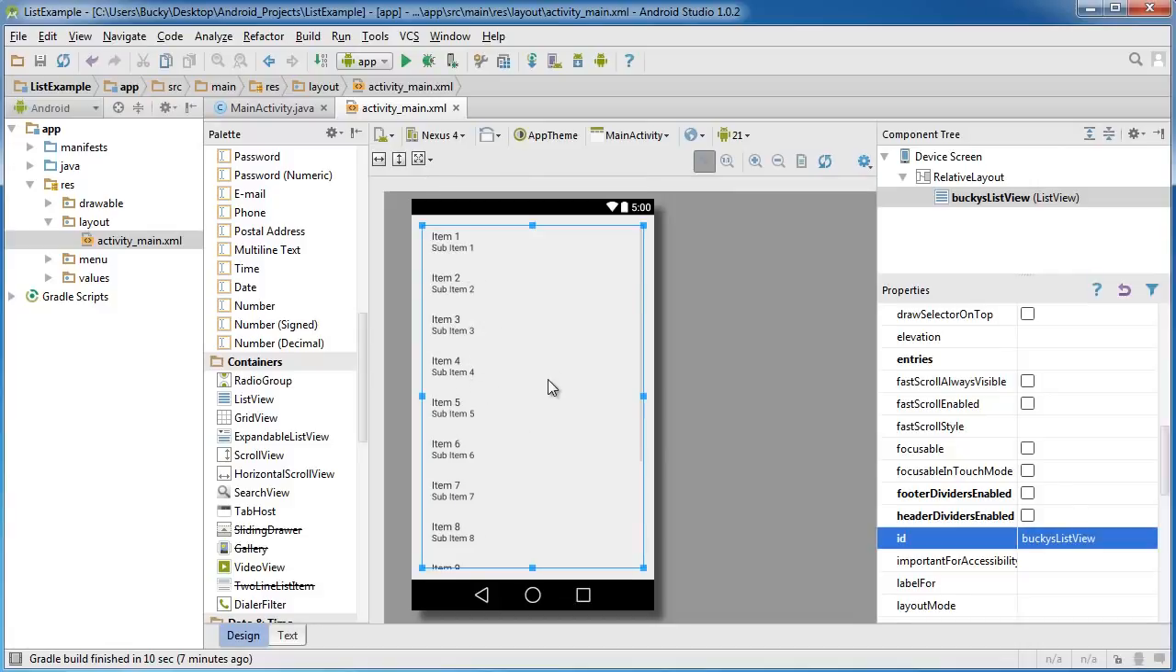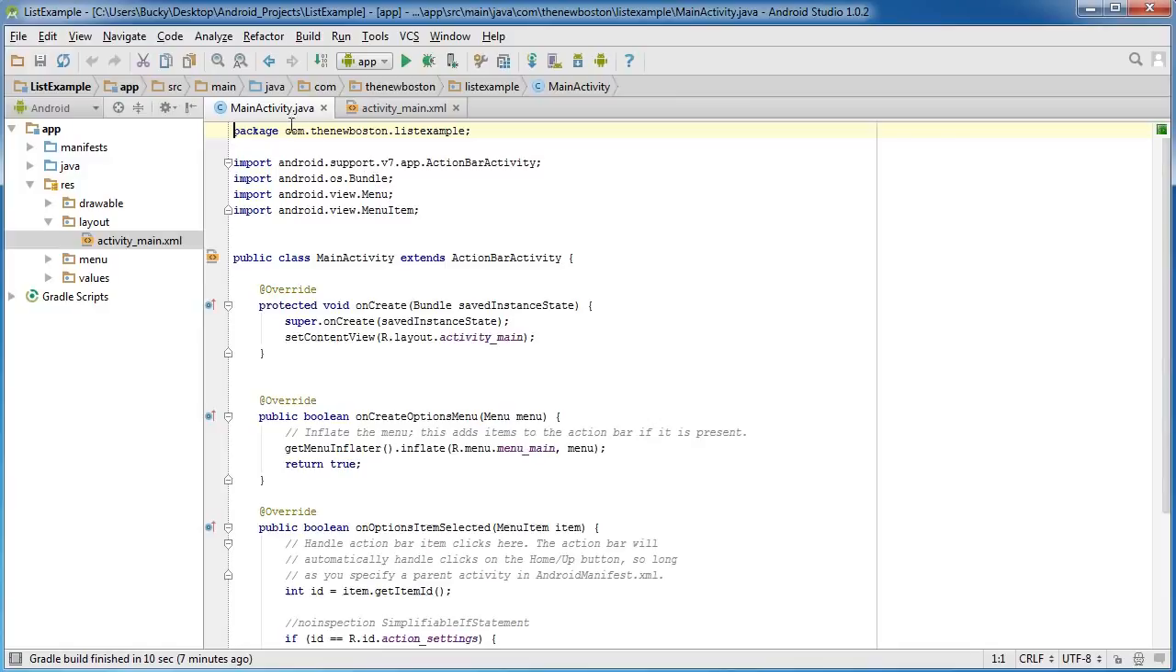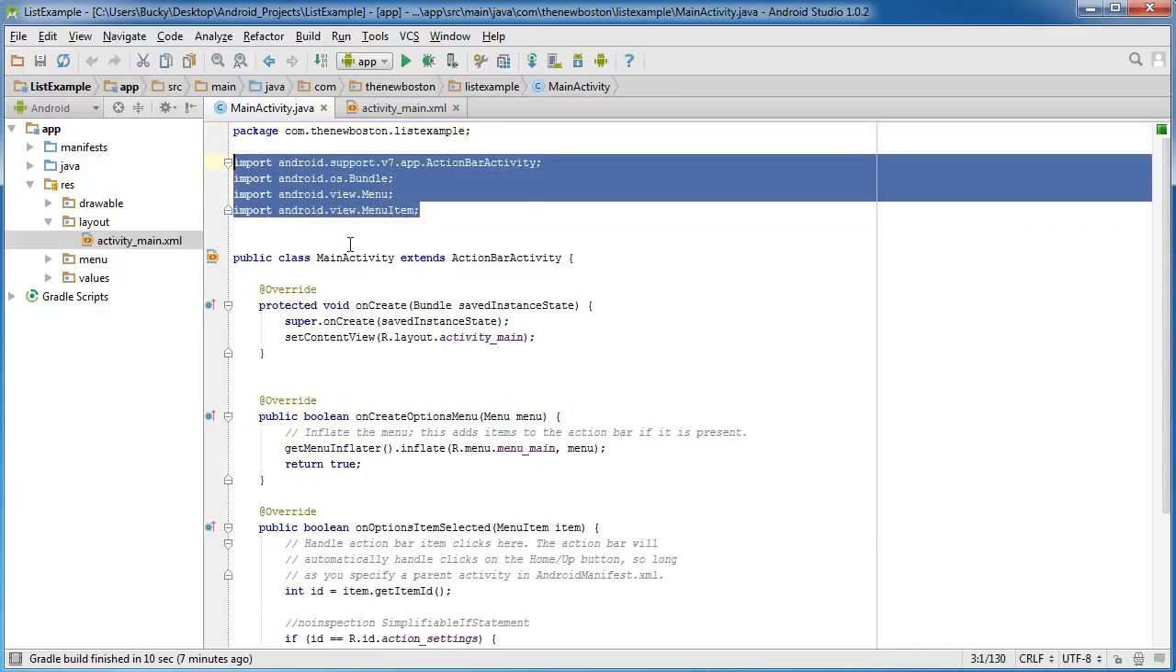This is just for designing, like I said. So actually, whenever you run your app, we're going to be adding all of the items manually through Java code. So let's go ahead and do that right now. So hop over to your MainActivity.java, and the first thing I need to do is import a bunch of